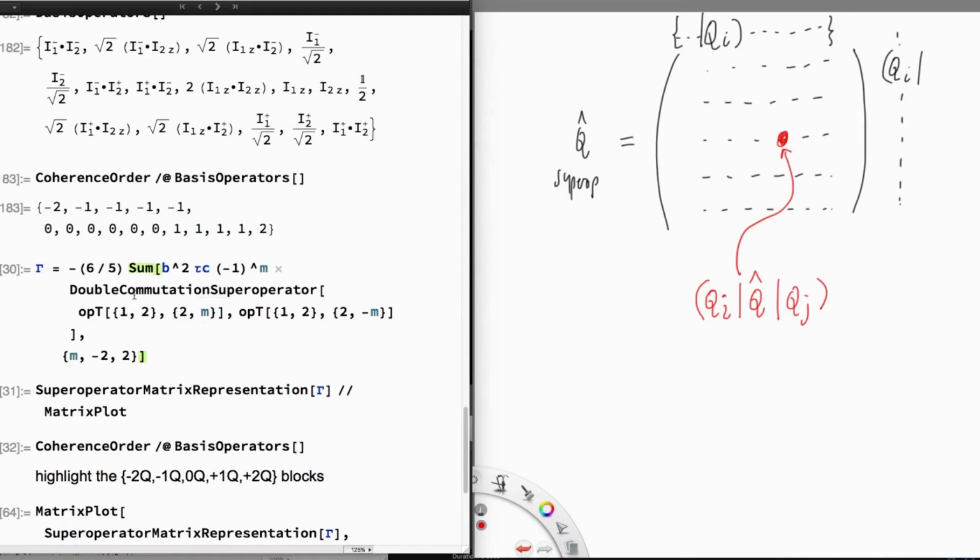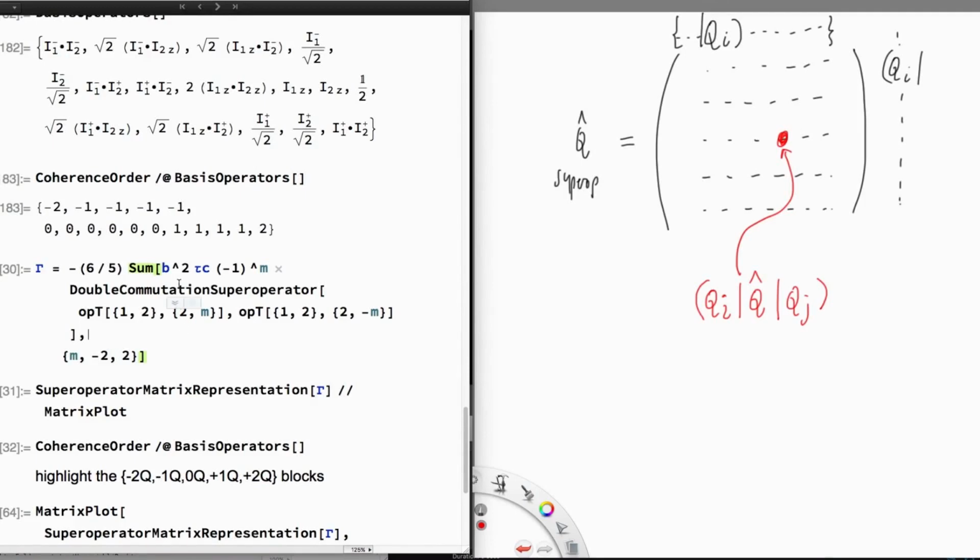And this particular form of the superoperator assumes a particular approximation, which is called the extreme narrowing limit, which means that the molecule is tumbling more rapidly than the spin precession, the Larmor frequency of the spin. So this would be appropriate for a small molecule in a liquid. It would not be appropriate for a macromolecule, where we have a slightly different form of the relaxation superoperator. But for a small molecule in a liquid, this would be a good approximation for the